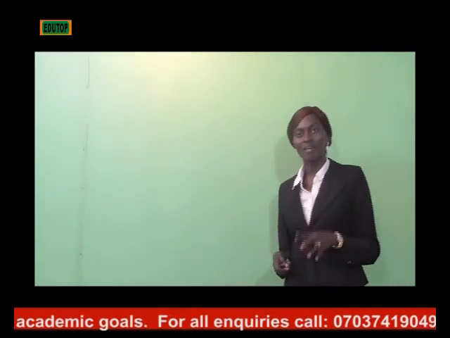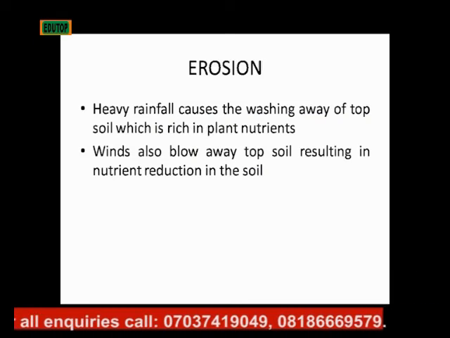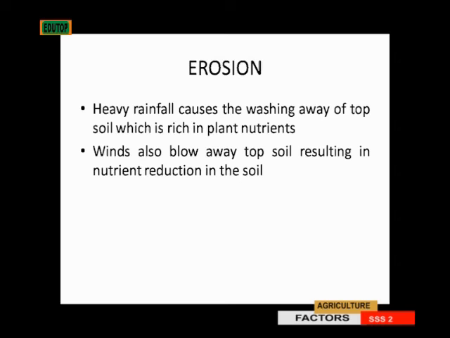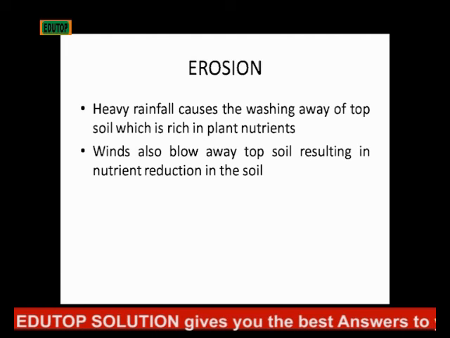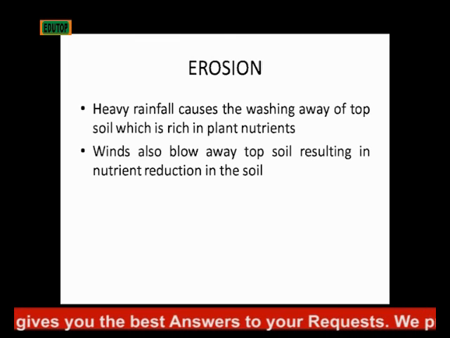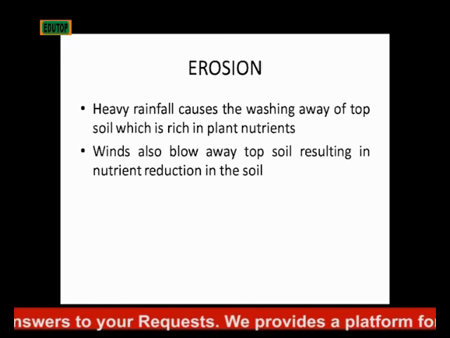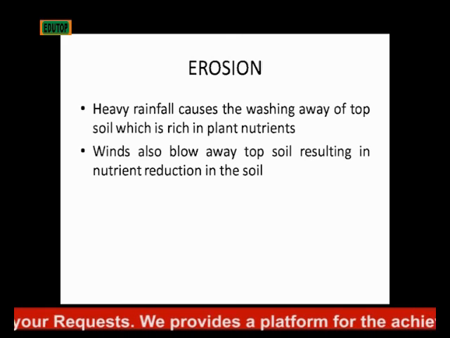Then, the next factor that affects nutrient availability is erosion. Erosion is the washing away of the topsoil. Every rainfall can cause erosion, because when the rainfall is so much, the water doesn't go down into the soil. It is just washing away the nutrients on the topsoil. So you've lost nutrients like that. Rainfall is an agent of erosion. Wind is another agent. When wind blows off the top surface, that will also